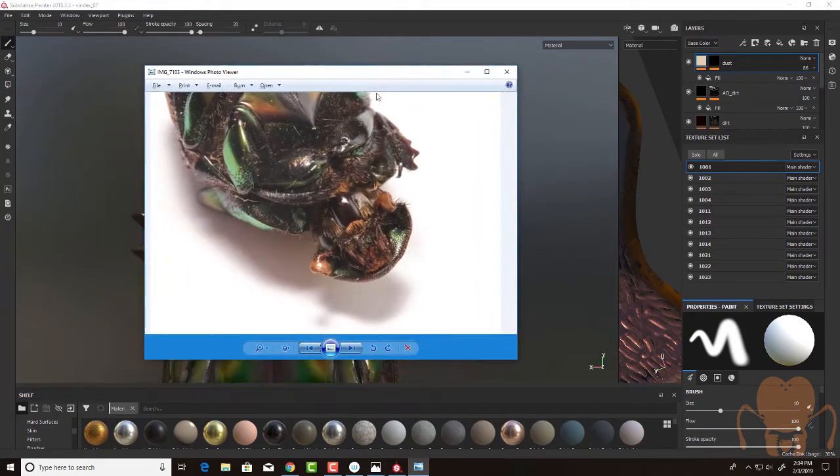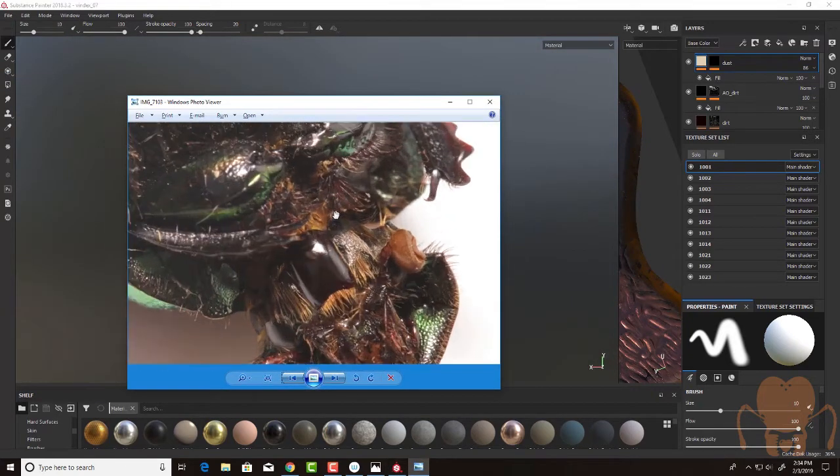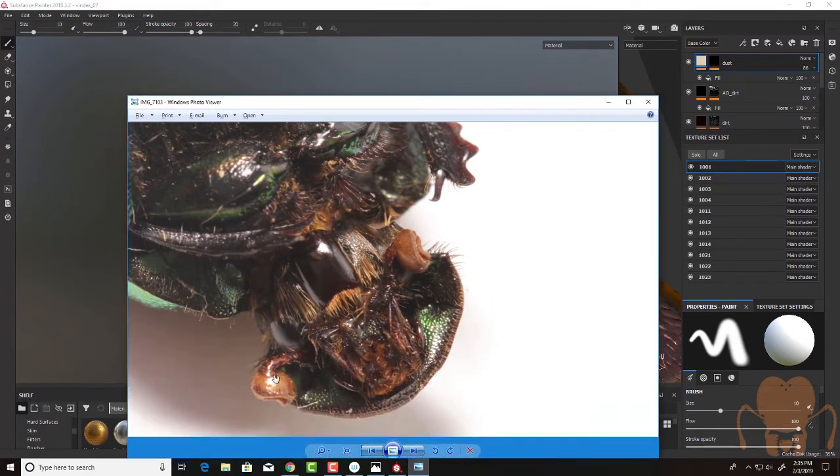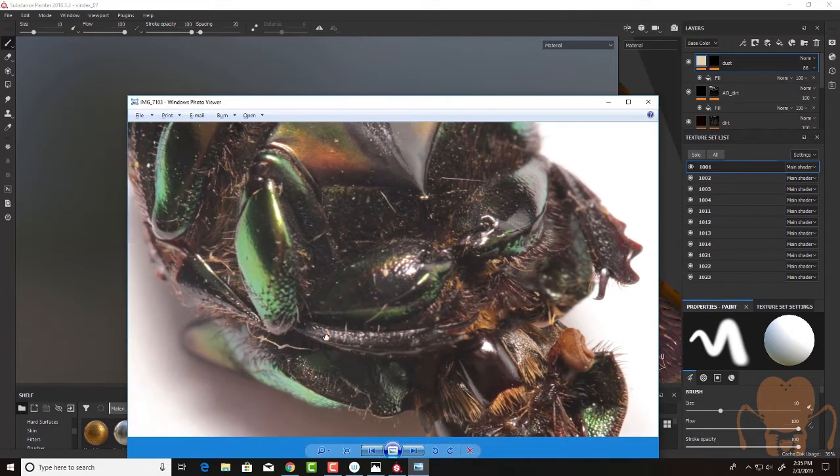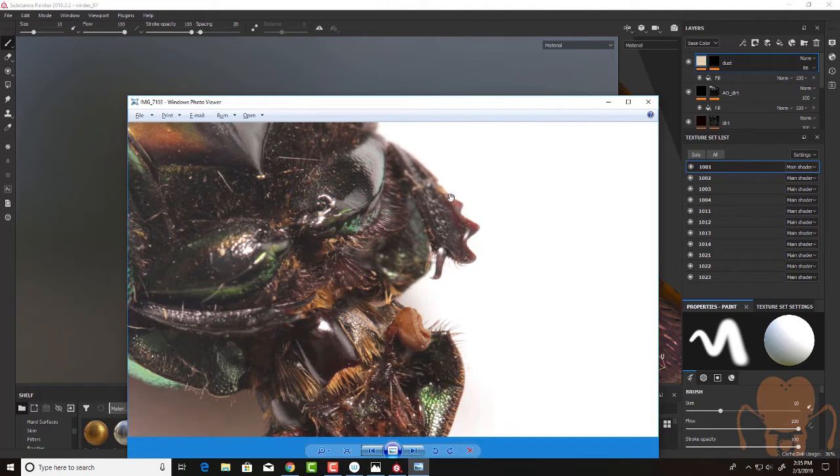Take a look at some of the reference images that I've taken before. Again, these are not the greatest photos in the world, but they do show what I'm talking about. So you can see on the antenna we have a variation in reds and orange and a little bit of detail here, and also some of the other parts. It's a little bit hard to see because of all the hair,